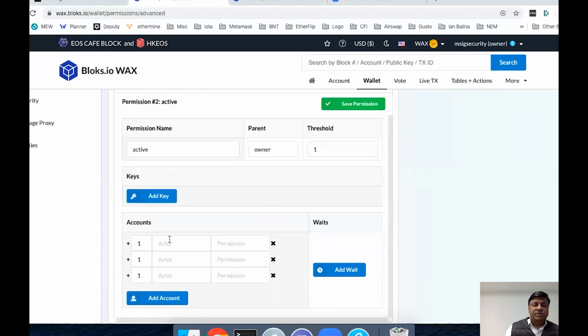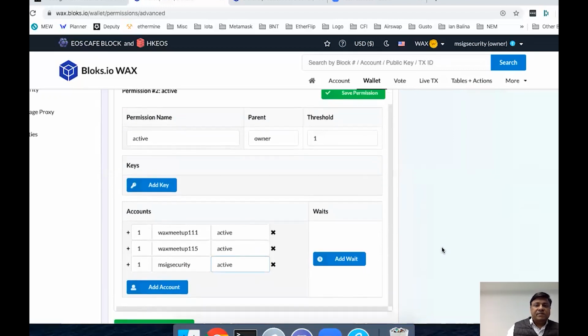Now I have 3 other accounts, so I'm going to put them here. The first one is going to be waxmeetup111 active. The second is waxmeetup115 active. And the third one is this account itself, that is MSIG Security active.